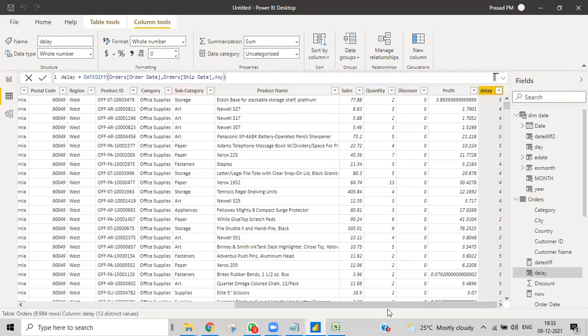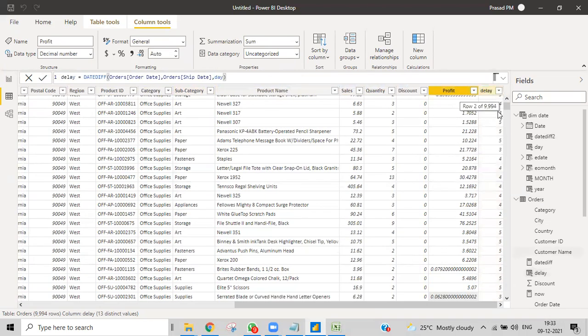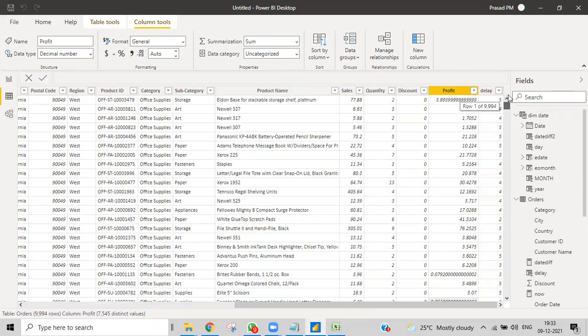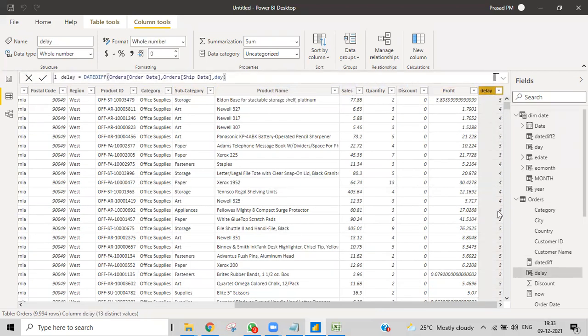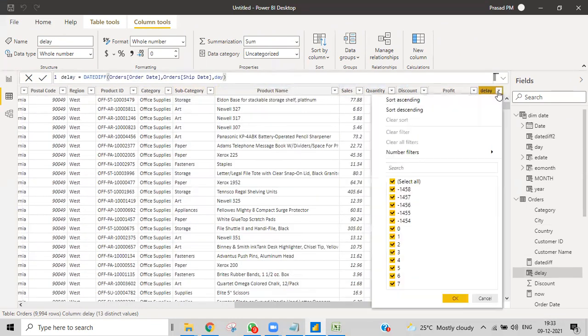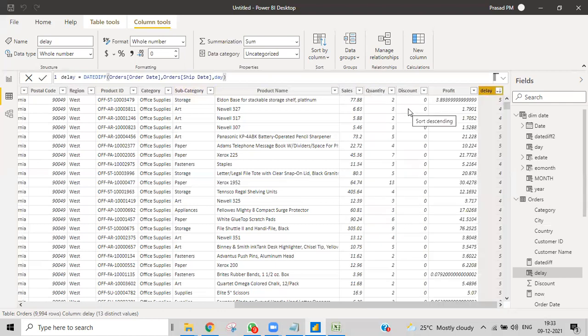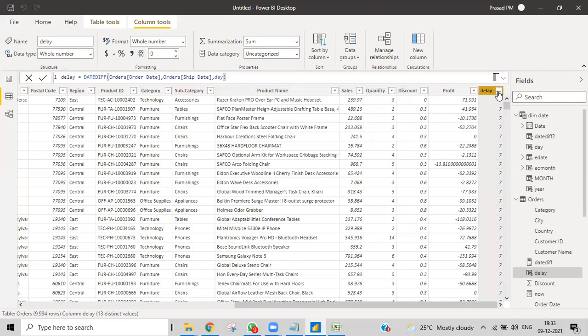Every time it is approximately taking 5 days over here, and 5 days over here. 5 days, 4 days, 4 days, 5 days, 4 days, 4 days. The maximum delay, we can check it out. These days are maybe errors, so let's make the maximum days like this. 7 is the maximum day. Okay, I don't want to filter this.